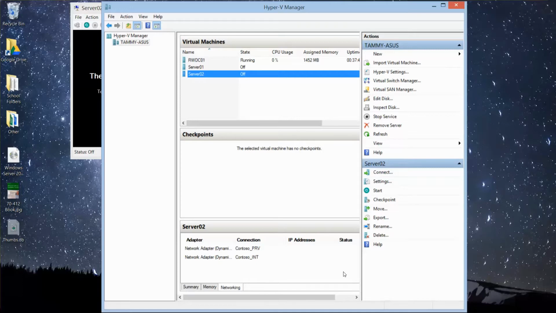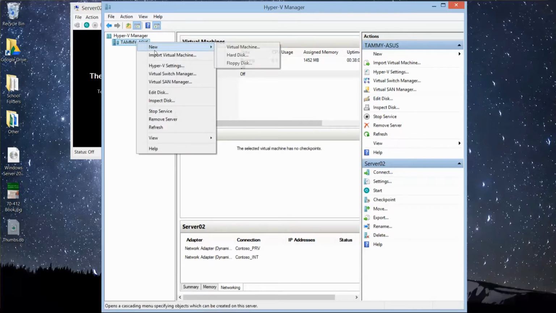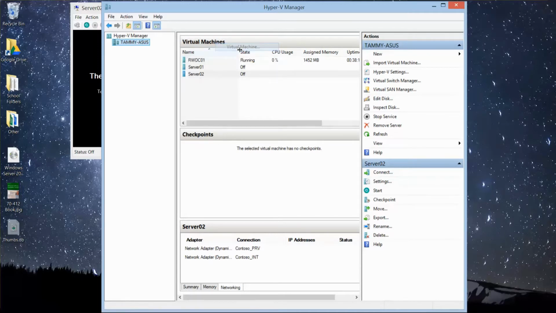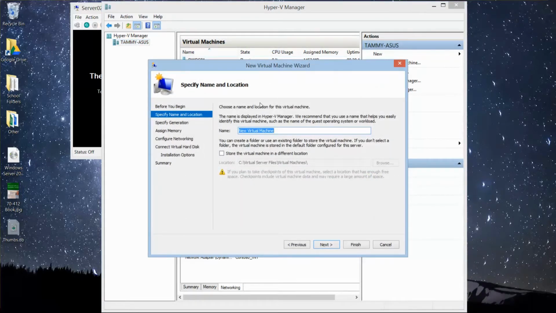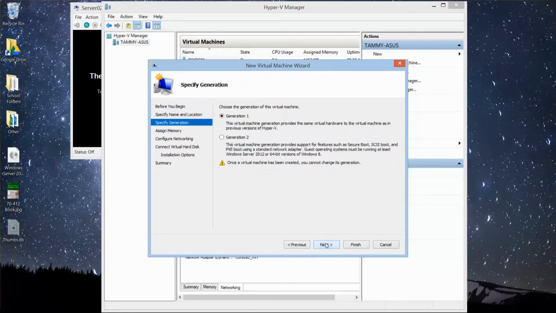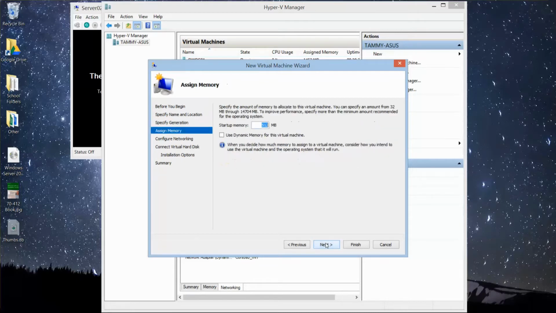Alright, now we're going to go ahead and install Storage01. Again, very similar to adding Server 1 and Server 2. I'm going to leave the domain controller running and I'm going to leave these two off. I don't need these on to add the storage, so I'll leave them off for now. So new virtual machine, Storage01, next. Next,